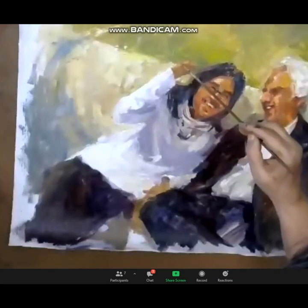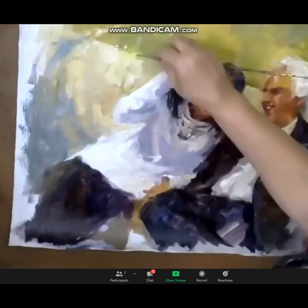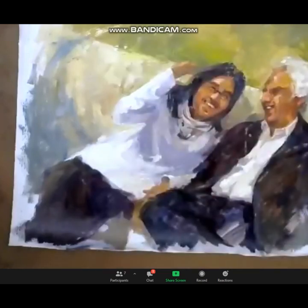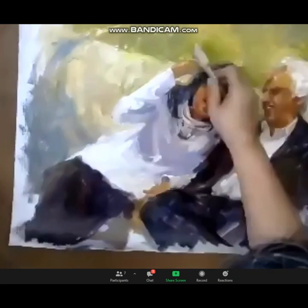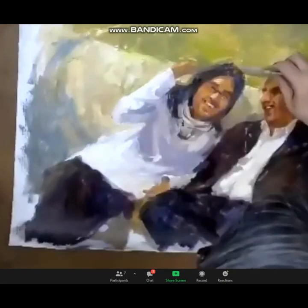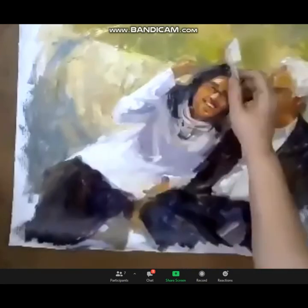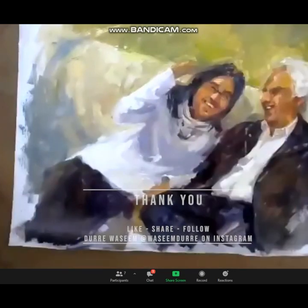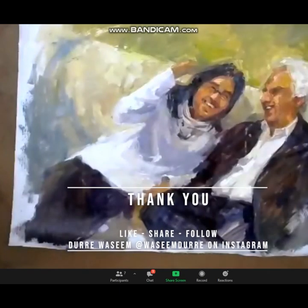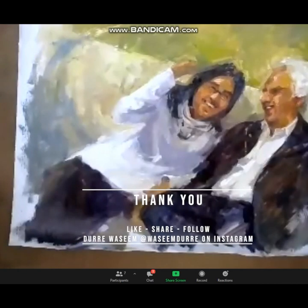Okay. I'm not going to make this hand too prominent. And let me just take all this. I like to keep these strokes here, the light around her, and that's, well, this is it. I'm done. And I'm going to, I don't know if you can